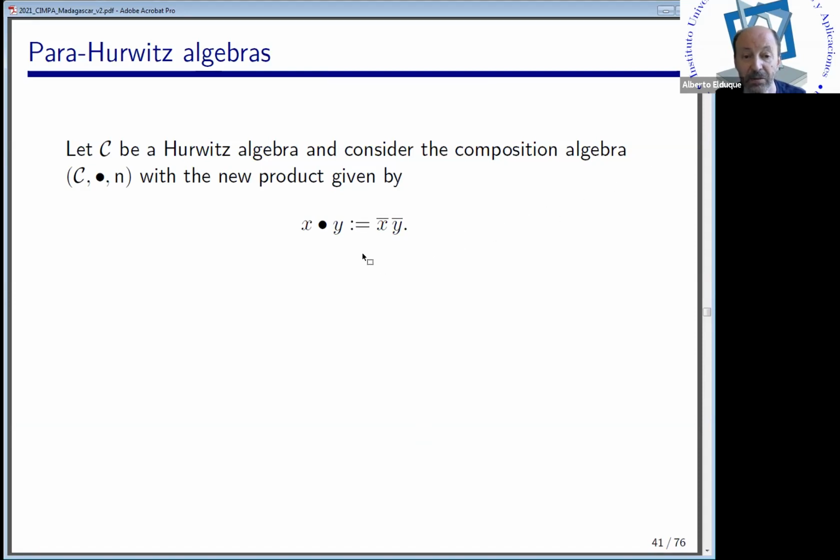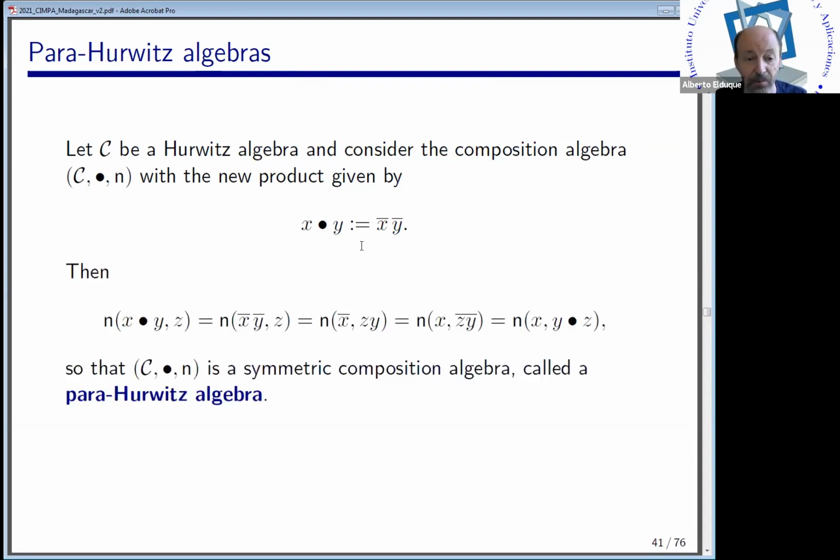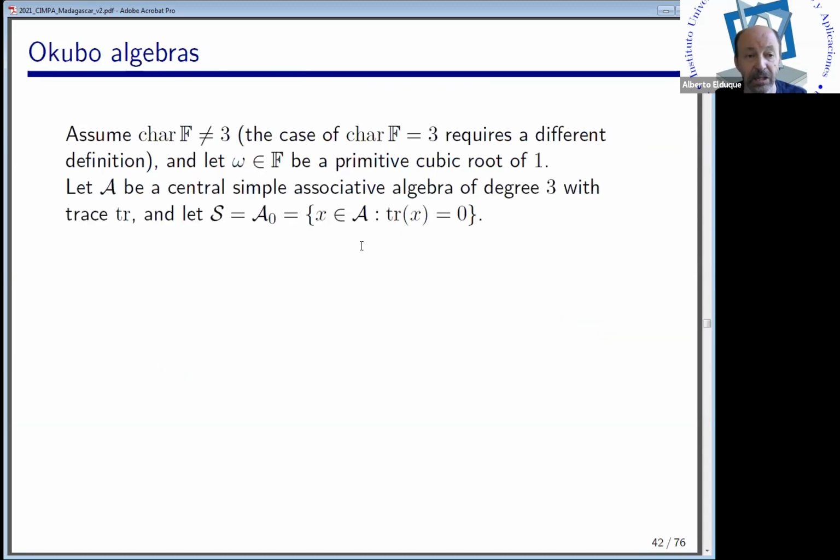So para-Hurwitz algebras are just Hurwitz algebras where we modify the product. We consider a new product, and instead of multiplying two elements x, y in the Hurwitz algebra, we multiply the conjugate elements x bar and y bar by the canonical involution that we have. This was our first example,